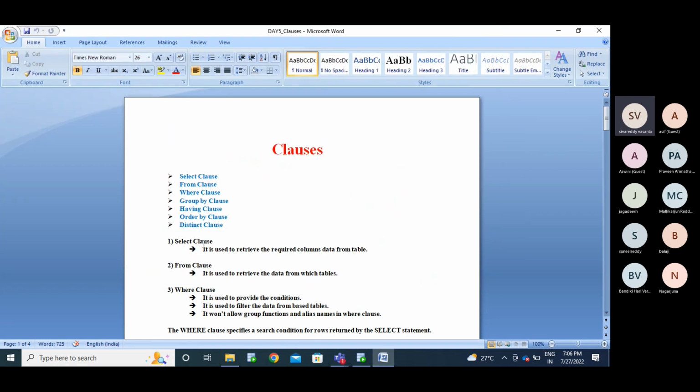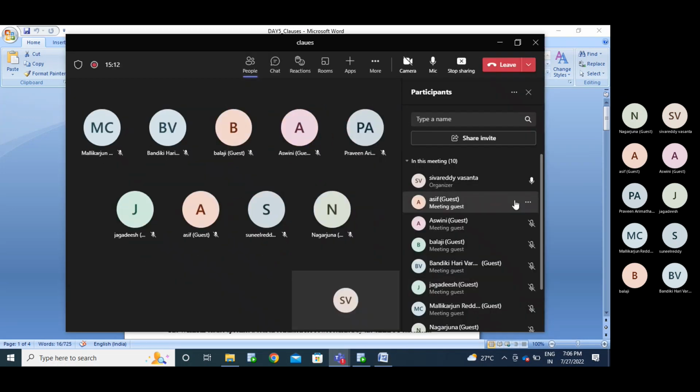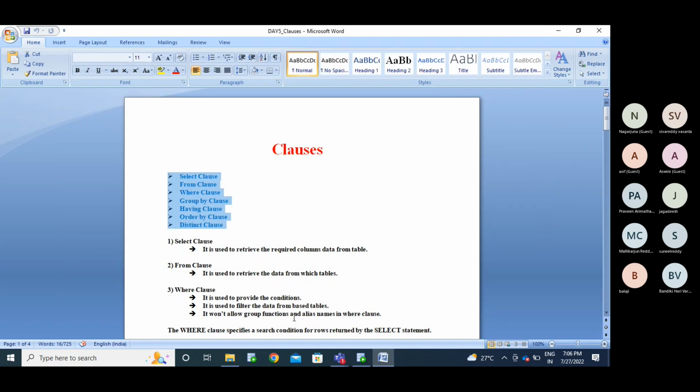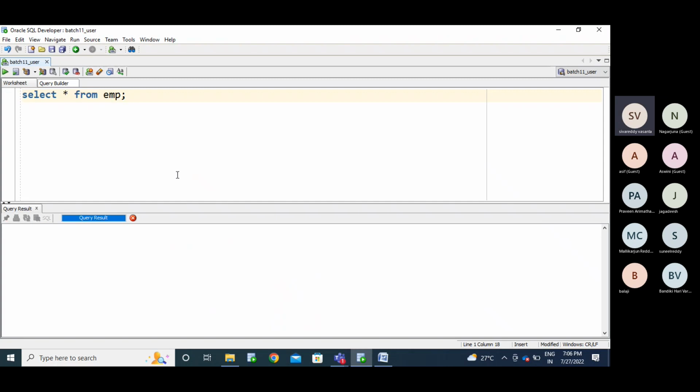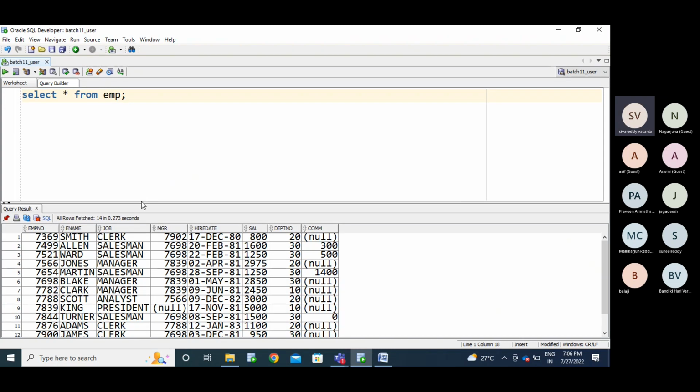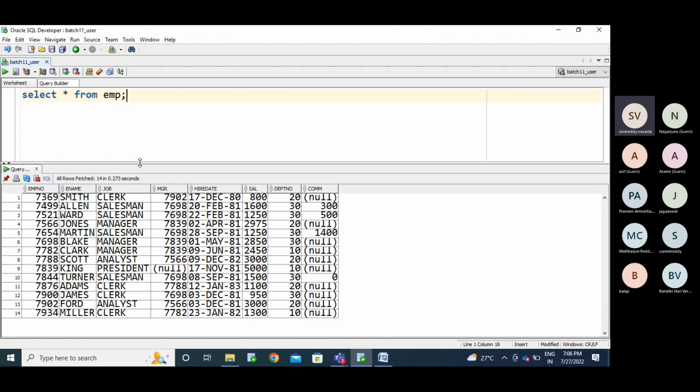See, we already use some of the classes in this list of classes. Okay, select class. See, if you want to write any query, we'll use select star from table name, right? This is the simple minimum SQL query. So if you want to write any query with a select query, okay, these two are the